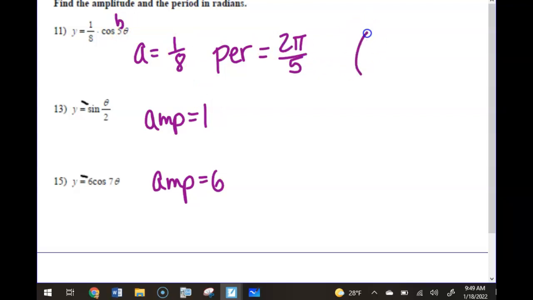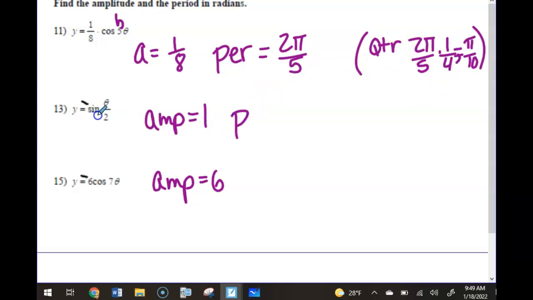I can tell you the quarter points, if you wanted to know, would be 1/4 of that, or 2 pi over 20, or pi over 10. You'd be counting by pi over 10s. I'm not going to give you that, but